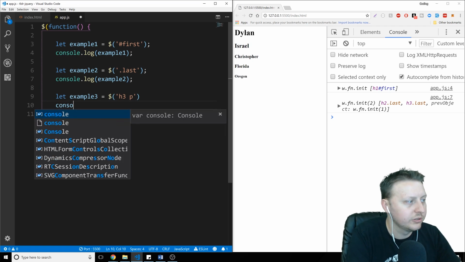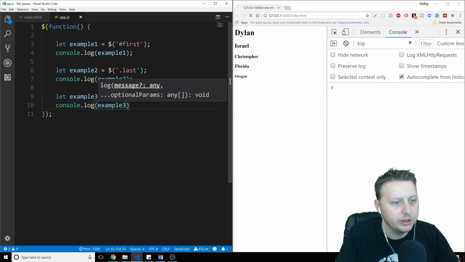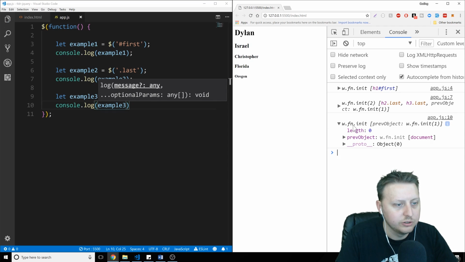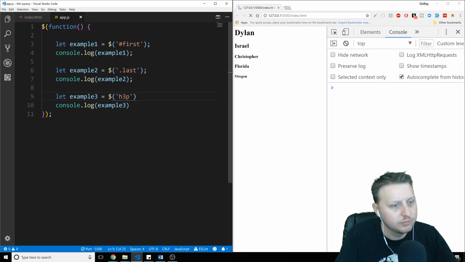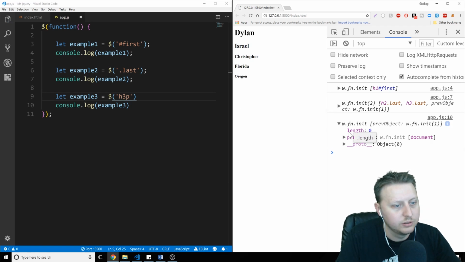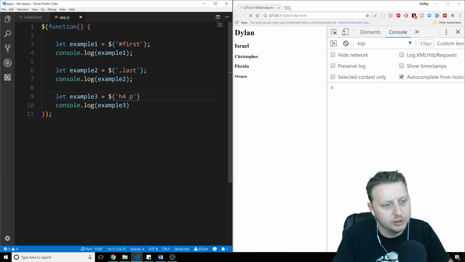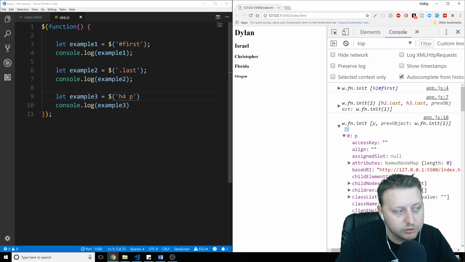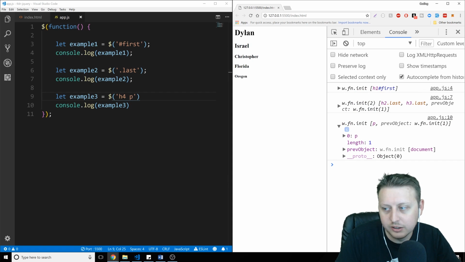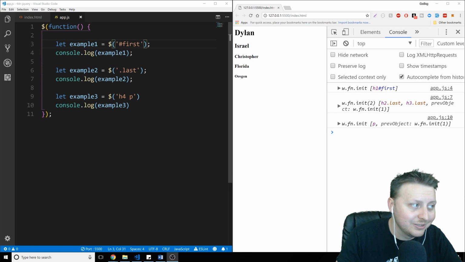Save that. Console.log out example 3. Save it. You'll see here. Oh, maybe I have to do like so. Huh. My mistake. This is supposed to be H4. So H4 with the P tag here. And you'll see that we're able to get these values as well. So you can nest them down and continue going and going and going, but you're still going to get an array of values back. jQuery has a lot of great ways to set values as well as to get values